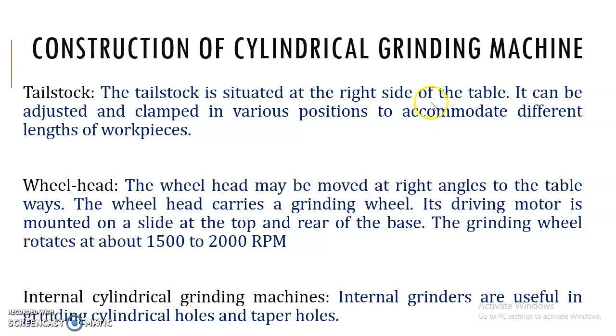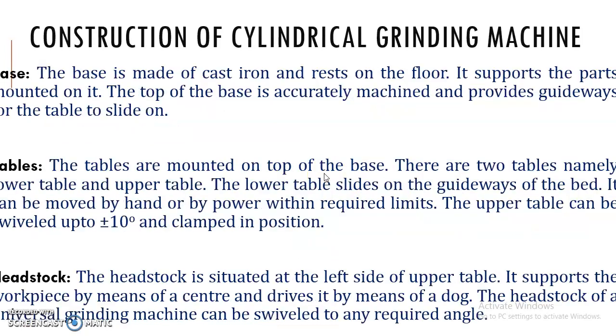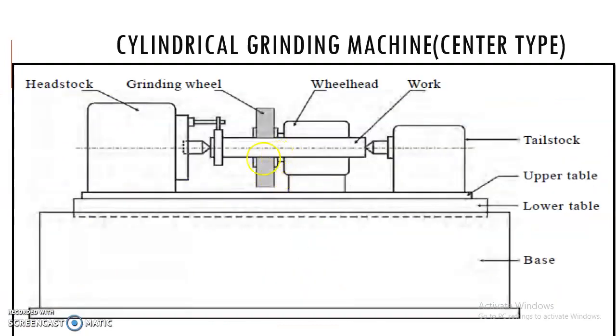The tailstock is also on the right side of the table, which is used to clamp the workpiece, and the wheel head is the important element of this cylindrical grinding machine, which is used to support the grinding wheel, where the grinding wheel can rotate up to 2000 rpm. You can do internal grinding operation also with the help of this cylindrical grinding machine. You can observe it here. Exactly behind this workpiece, there is the wheel head and this grinding wheel which is mounted on the table, and you can slide